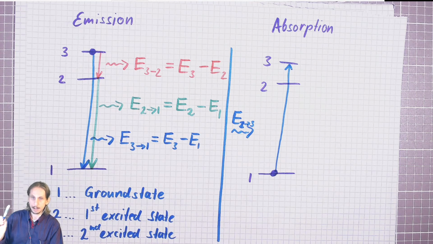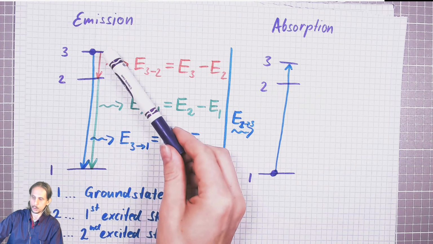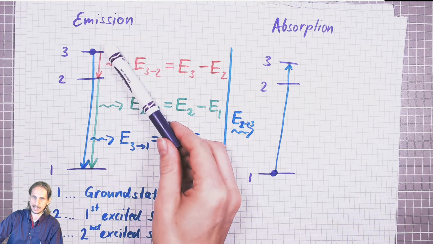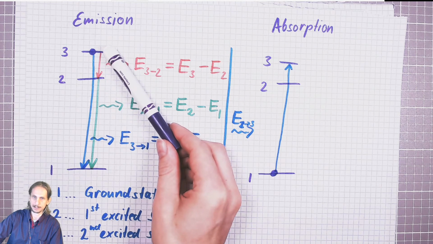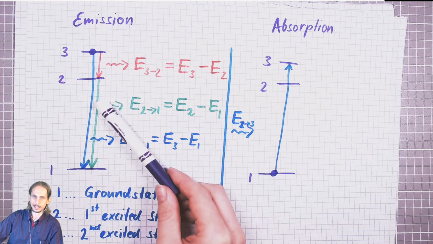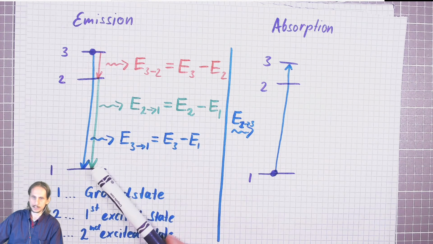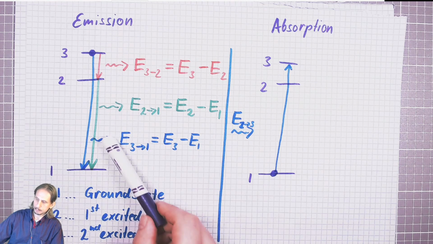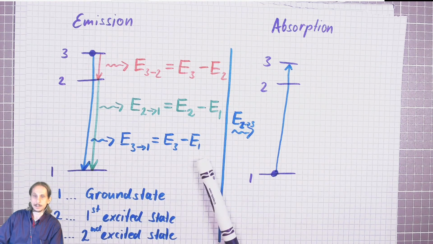We can also have pathways where we first go from the excited state that we have initially populated to an intermediate state, and then we go from this intermediate state all the way to the ground state. The energies can be calculated as the differences of the